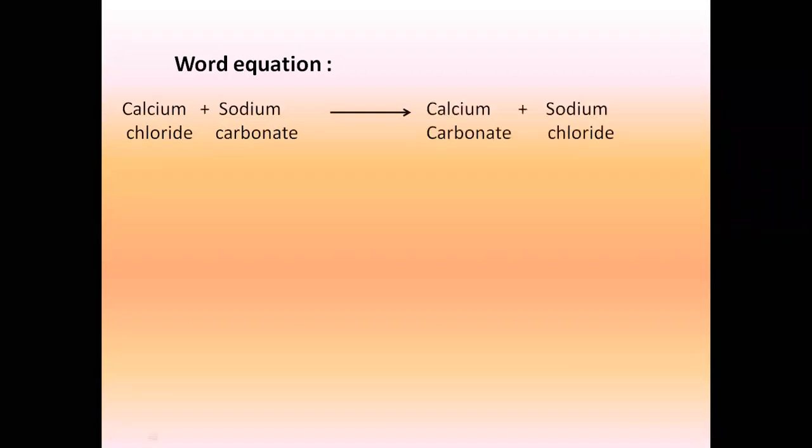So one such example becomes calcium chloride plus sodium carbonate. That's my detergent. It is going to give me calcium carbonate plus sodium chloride. As you can see here, this is very simple. Calcium chloride combines with sodium carbonate to give us calcium carbonate and sodium chloride. Got my point? Are you all able to understand this?